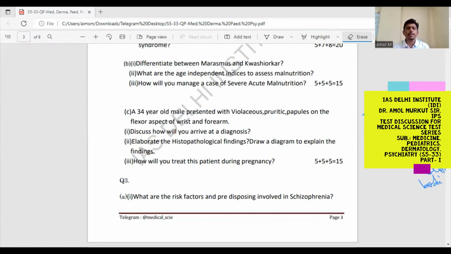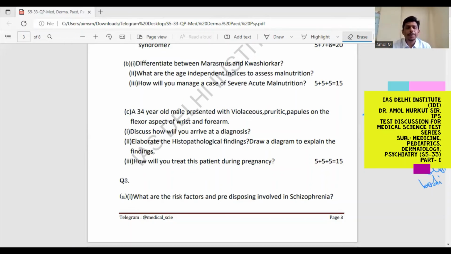So this is the diagram. Then how will you treat the patient during pregnancy? See, you have to treat all these skin conditions. All the skin conditions mostly in our syllabus, except for scabies, are autoimmune,